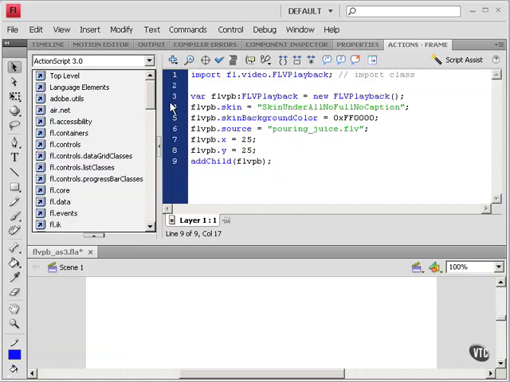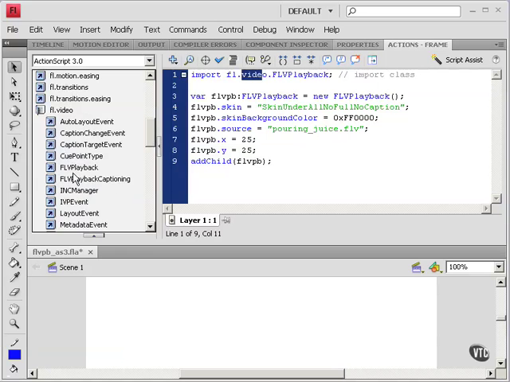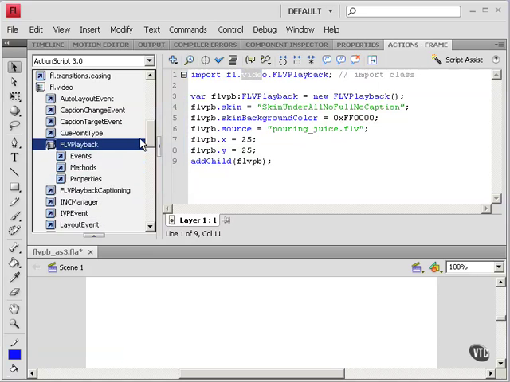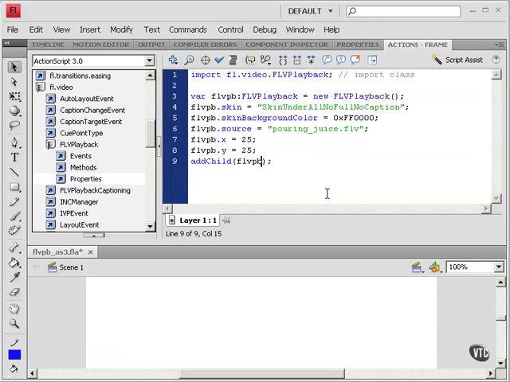And by the way, if you need to know something about a class, here we have our video package, classes for package video. This is the package here. And just go down, FLVPlayback, and here you have all the events, all the methods, and all the properties for that class. When you're typing your code, by the way, if you make a mistake,